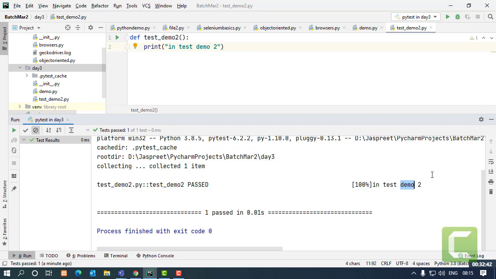This is why the conventions are important, because if they are not followed, they are not going to be picked up by the package itself. PyTest is not going to run those test cases. So it's very important to do that. Secondly, sometimes in our test cases there are print statements, standard output statements. Right now it's being displayed in this form. Firstly, I'm getting the output of whether the test case failed or passed, and then my print statement is coming.